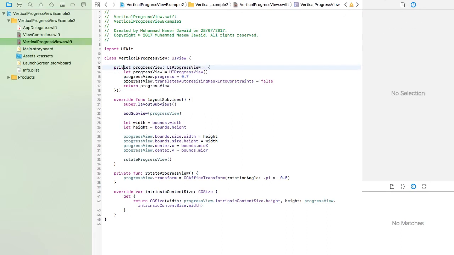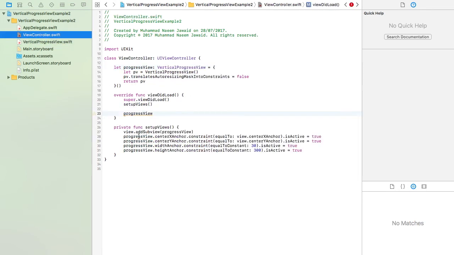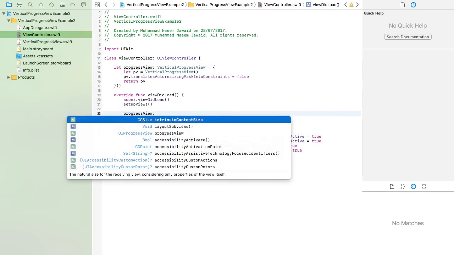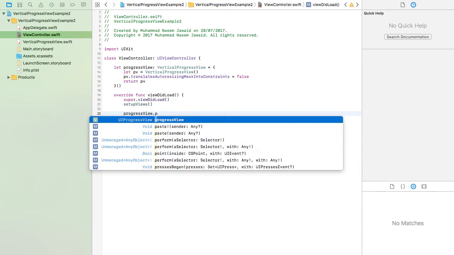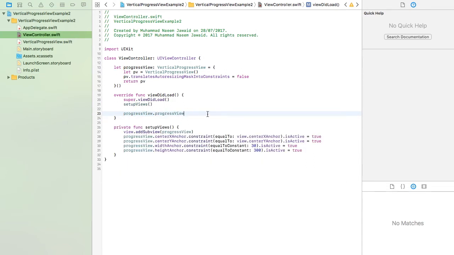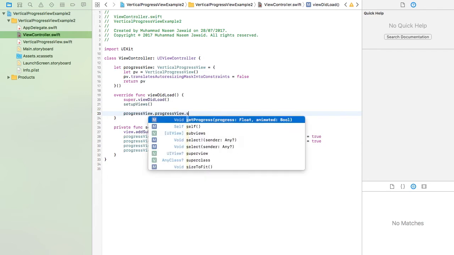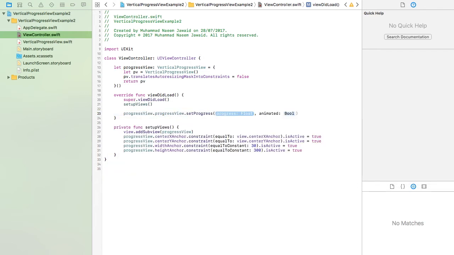So one way to do it is to remove this private keyword and access the progress view from within the progress view,